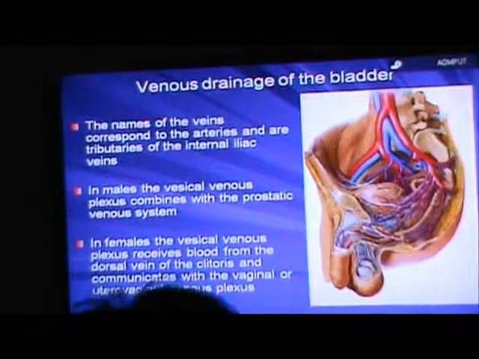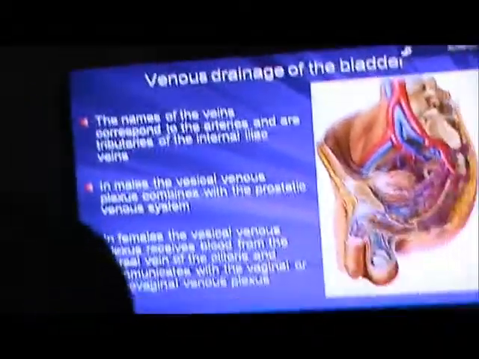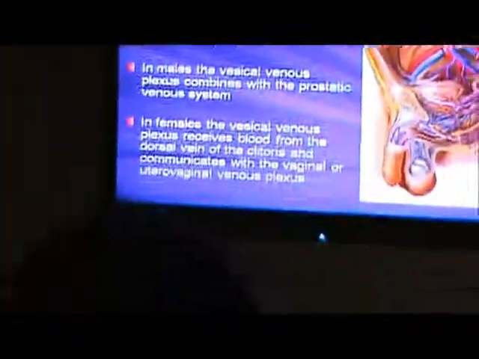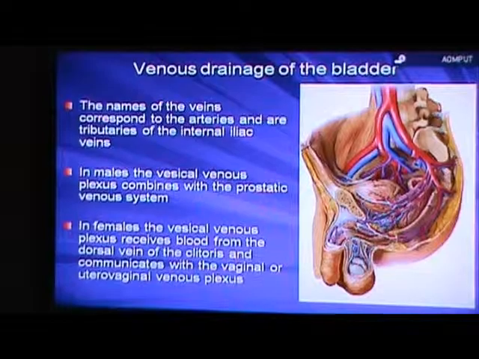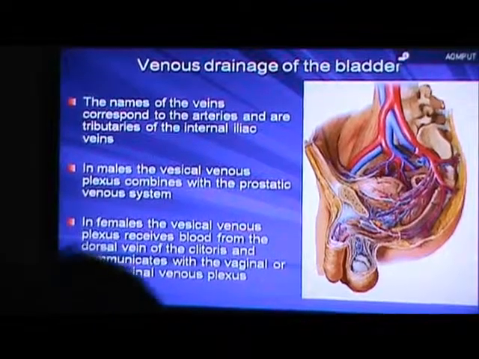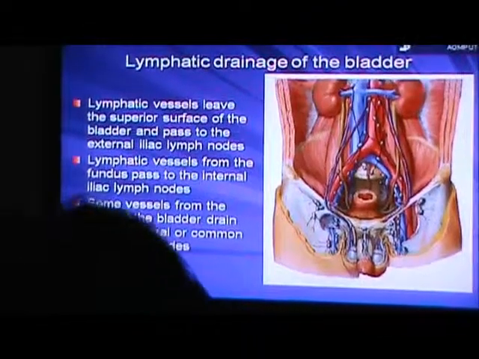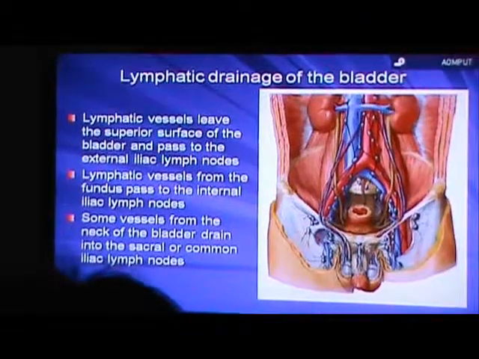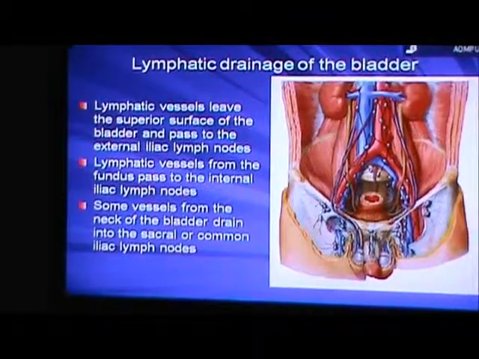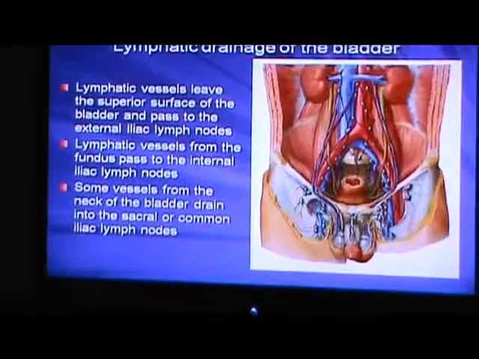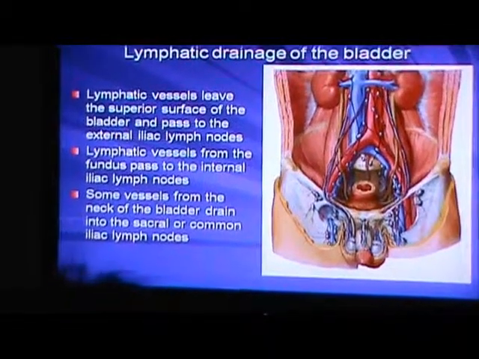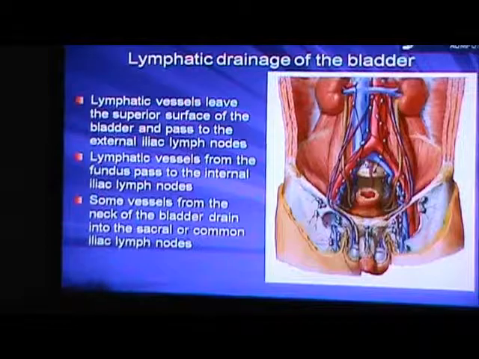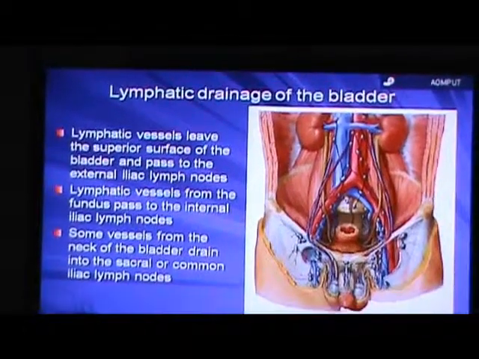We will talk about it also with the male and female genital organs. Lymphatic vessels leave the superior surface of the bladder and pass to the external iliac lymph nodes. Lymphatic vessels from the fundus, they